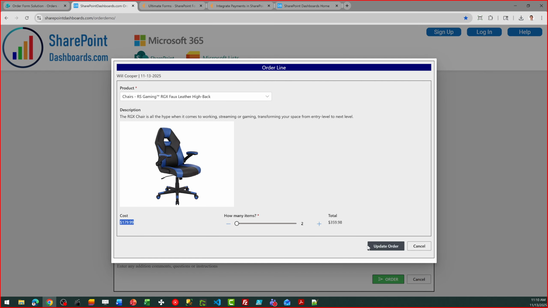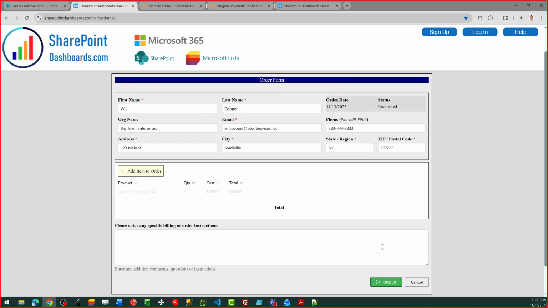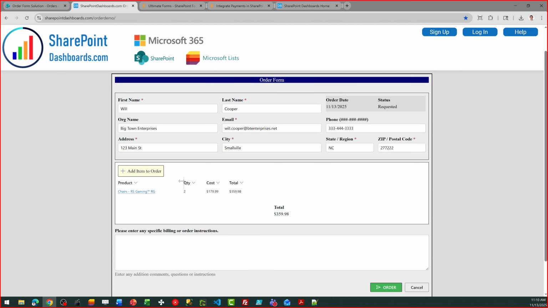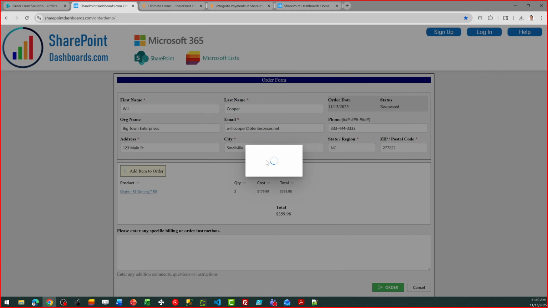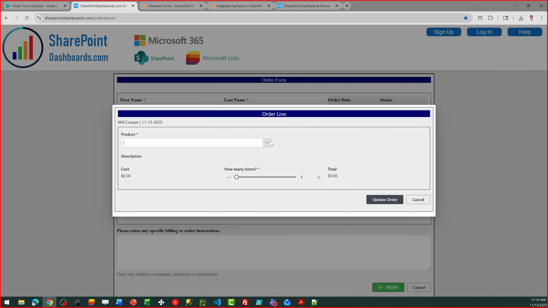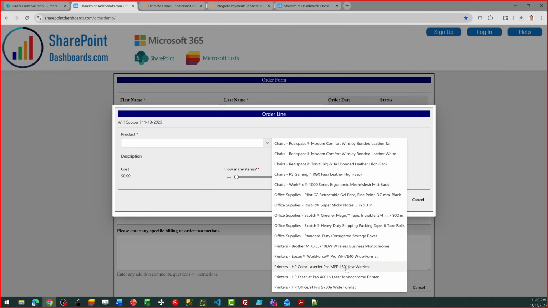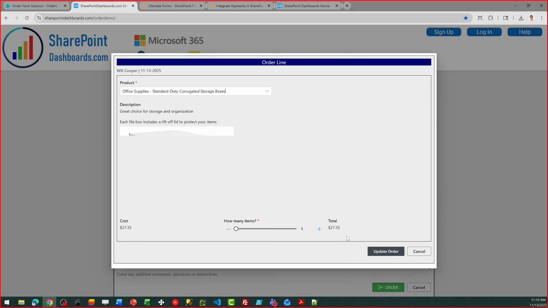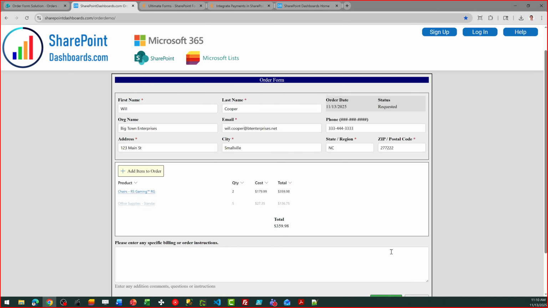So we'll do 2 chairs. I click update order, and that will update on this list right here. And I can add as many items as I want to for my order. So I'll go ahead and add another part of my order just to demonstrate. Let's order some storage boxes. There's a picture of what they look like. I'll order 5 of those. Click update order. And you can see I've got the line item details, and then I've got my totals for